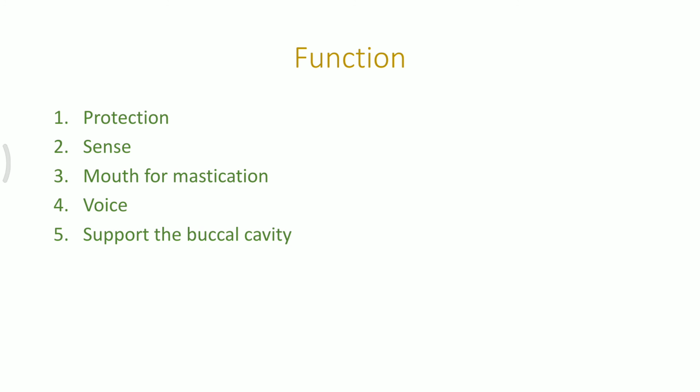Next is the voice. The larynx is capable of forming the voice, and it is formed with the help of the hyoid apparatus and some of the laryngeal bones as well. So glottis and epiglottis, if you can remember, with the help of those the sound production takes place, and that's why it's important.